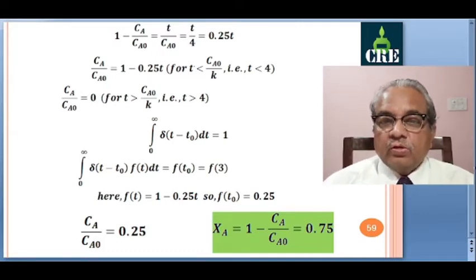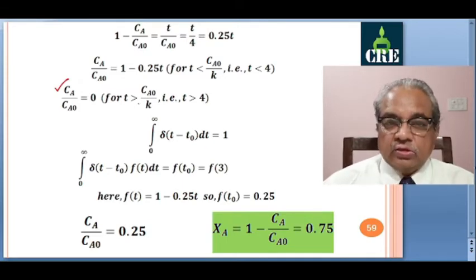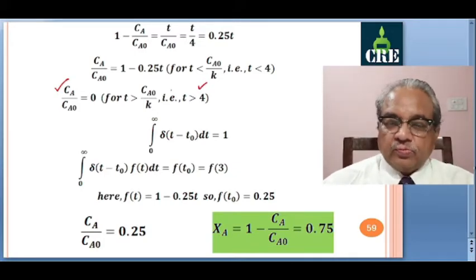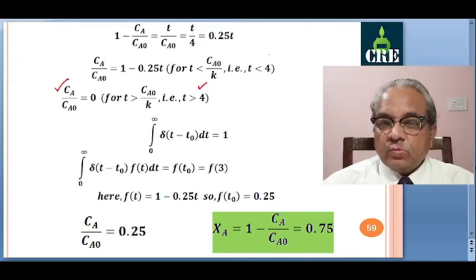Okay. So t less than 4, and there will be complete conversion at t equal to 0 and also t greater than t equal to 4 and t greater than 4. So greater than or equal to this value. So we'll carry out this up to this time only.